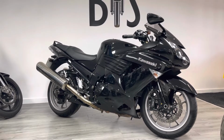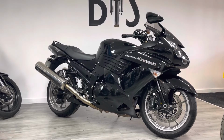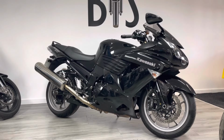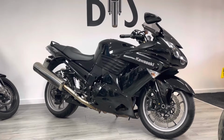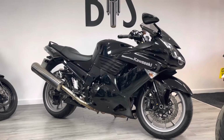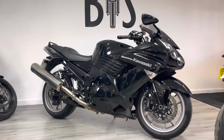I have to say, I love these bikes. Unfortunately Kawasaki don't make them anymore, which is a real shame because I think this is one of the best outright sports tourers that you can buy even today. It's a 1400cc inline 4, as the name denotes. Depending on which website you read, these make about 185 to 190 brake horsepower, which is more than enough, but